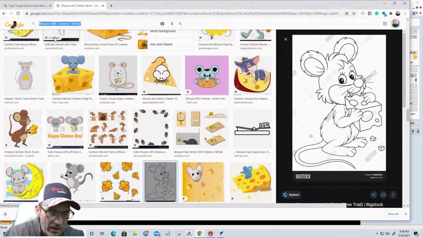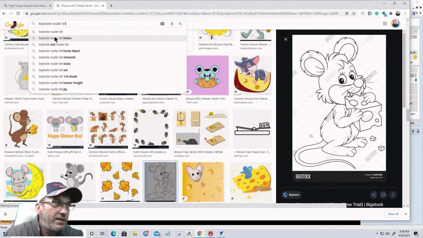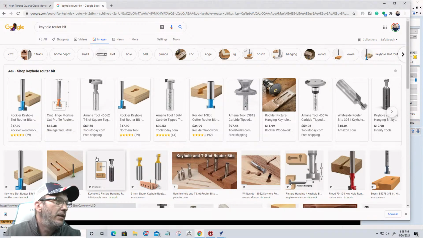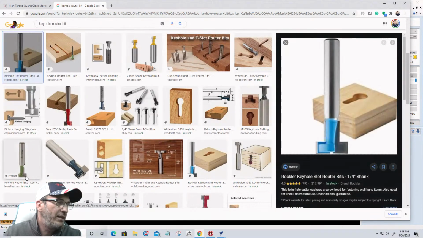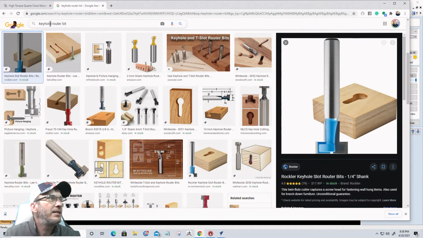So let's go keyhole router bit. And let's zoom in here. So on a keyhole router bit, usually there's a cutter on the shaft there, so it creates that neck cut as well. But on a slot